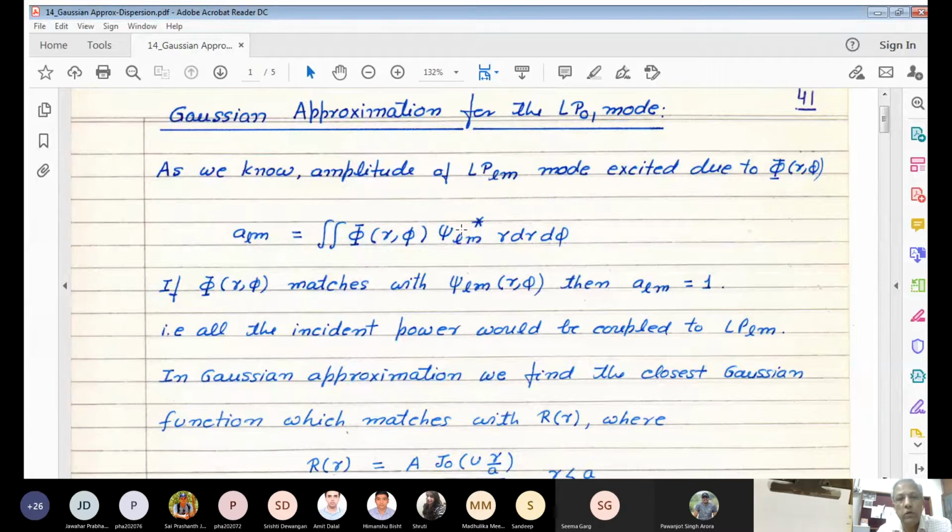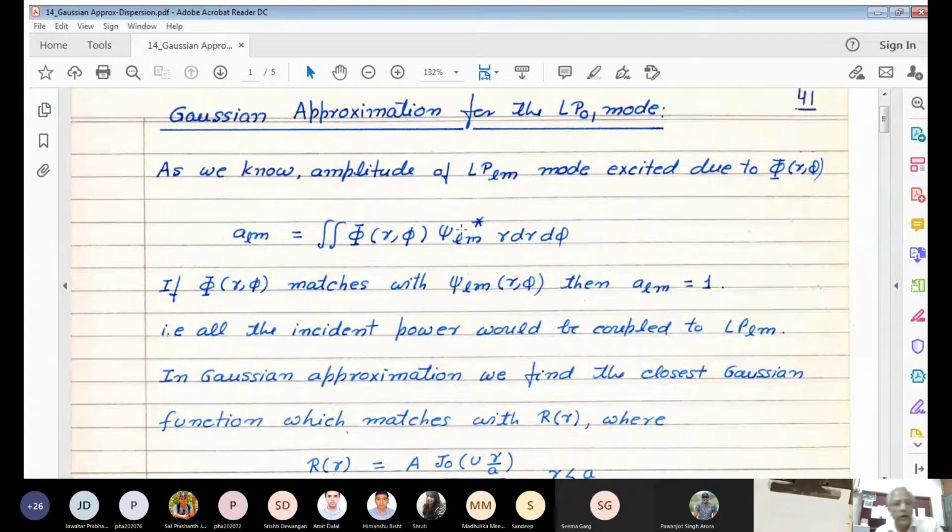So we require the mathematical expression for the modal field pattern. And as you know, for all the modes, it is given by a Bessel function in the core and a Hankel function in the cladding. So for persons who are not very much trained in the field, handling these Bessel functions etc. is a bit difficult. Fortunately, for the fundamental mode, the modal field pattern is very, very close to a Gaussian function. And the Gaussian function is the easiest function to handle mathematically.